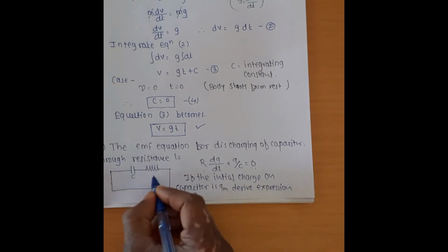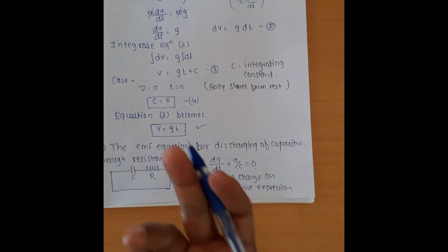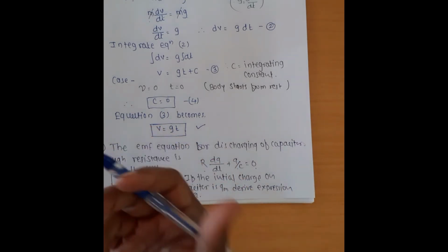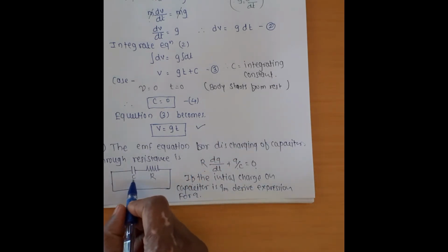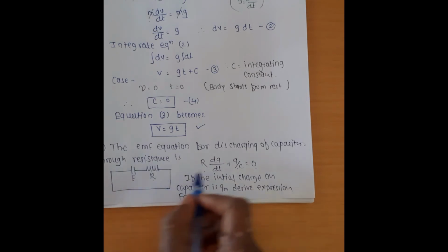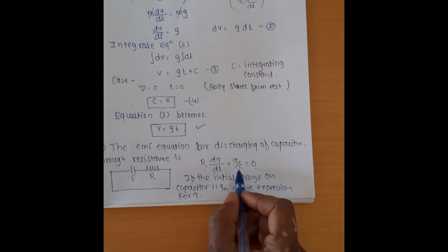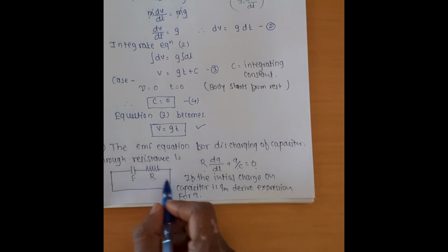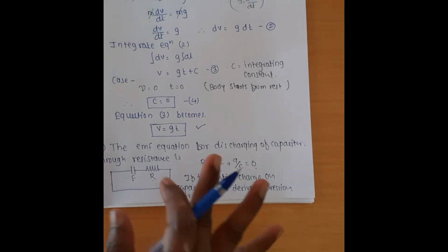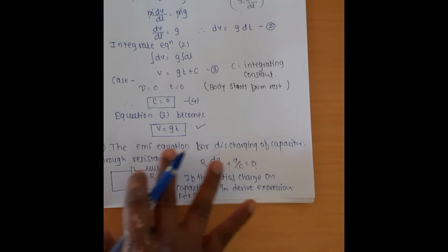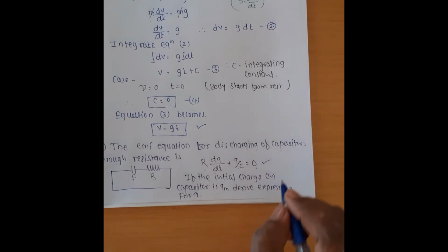Okay, see, one of the diagrams is given here. There is a capacitor and a resistance. EMF means electromotive force. Electromotive force is the ratio of work done to the given charge. So C stands for capacitor, R stands for resistance, R is the resistor, Q is the charge, and C is the capacitance of that capacitor. So using all these conditions, we derive the expression for Q. Now we find the solution of this given problem.